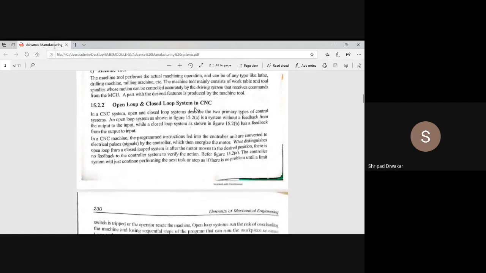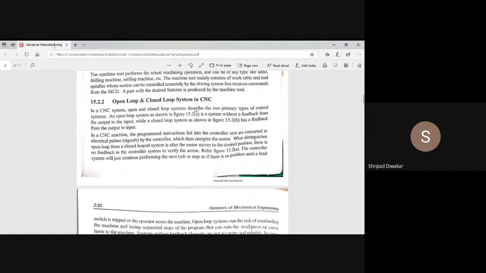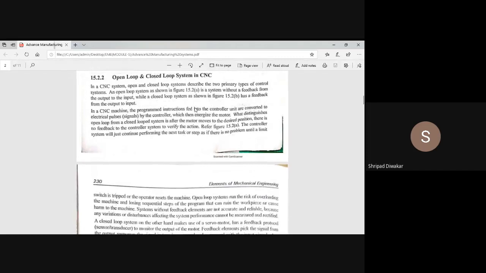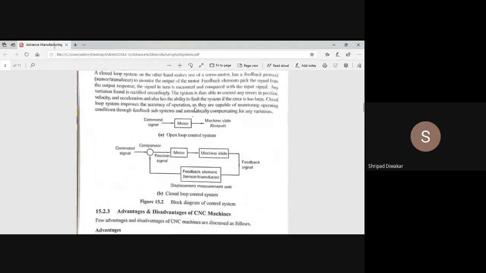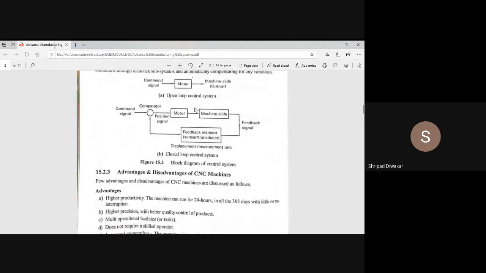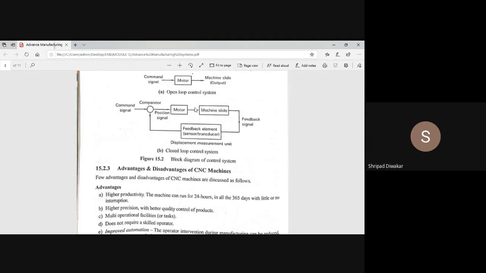Next, we have the two types of loop system in a CNC machine. One is the open loop control system, and the second one is the closed loop control system. You see the diagram: the first diagram is the open loop control system, and the second one is a closed loop control system.